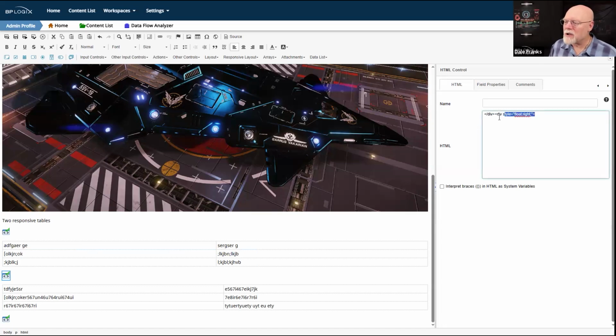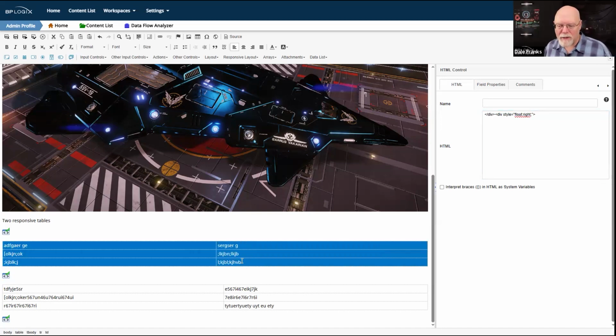And then it's going to start another div tag, but this time it says float right. So what that means is, if this div tag here becomes narrow enough, which it will whenever Process Director refactors, there will be enough space. So I'm kind of depending on how Process Director works to make this work.